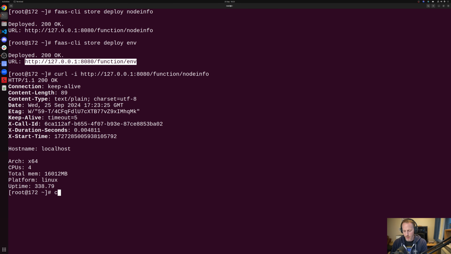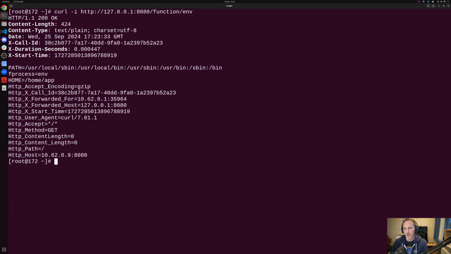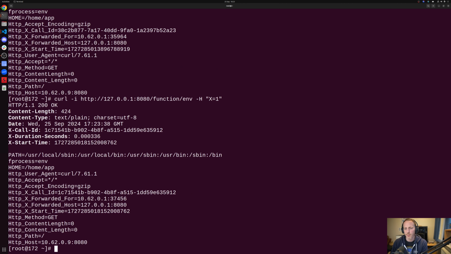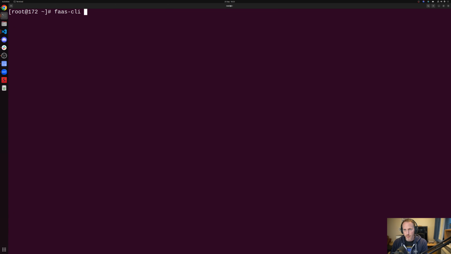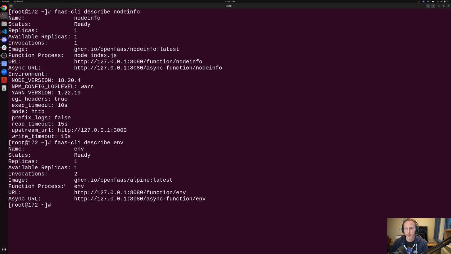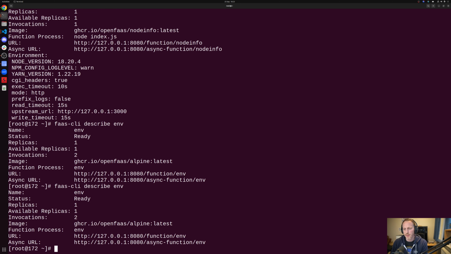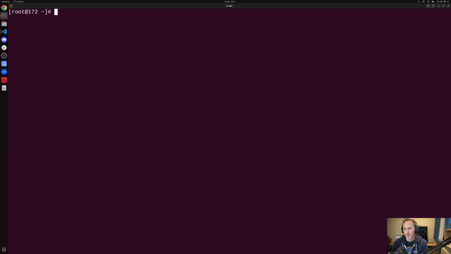If we do a curl into env, this is useful for printing out things like HTTP headers. We put x equals 1. That will actually come through as a HTTP header as well into the results. Now, in OpenFaaS Pro, we also have the ability to describe these and get the RAM and CPU when it is available. So I don't think it's in this build, but we have a complete